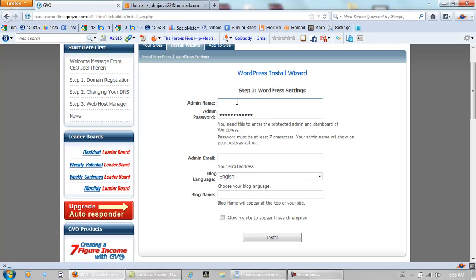Okay, I did that. Now you need to pick out your admin name and your admin password and your email, and now your blog name. You can pick out your language too, but 3 languages anyway. Your blog name is usually the same as your title, so go Life Insurance